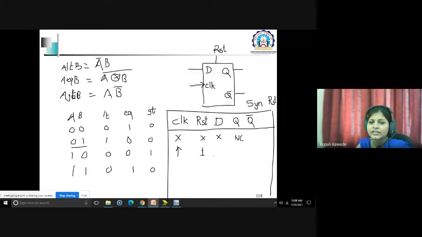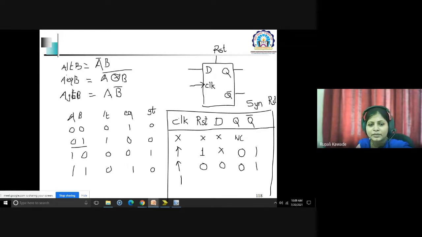Then if reset is 1, irrespective of the D input, your Q will be 0. If Q is 0, Q bar will be 1. If clock is present and reset is 0, meaning reset is now deactivated, then if D is 0, Q will be 0. If Q is 0, Q bar is 1.